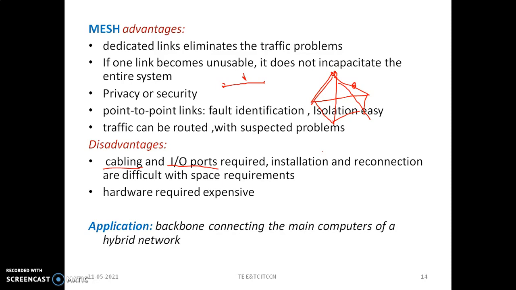Such a topology can be used as a backbone that connects many other topologies. So it is a backbone connecting the main computers of a hybrid network. If it is a hybrid network which has different topologies, then to make it more robust and eliminate many problems, we can use this as a backbone topology.